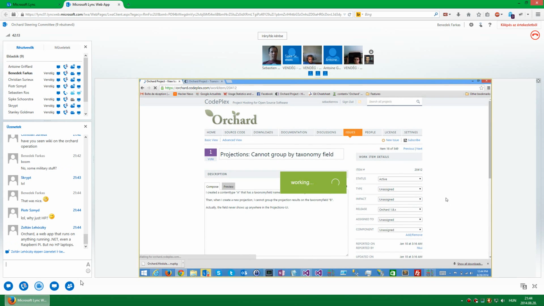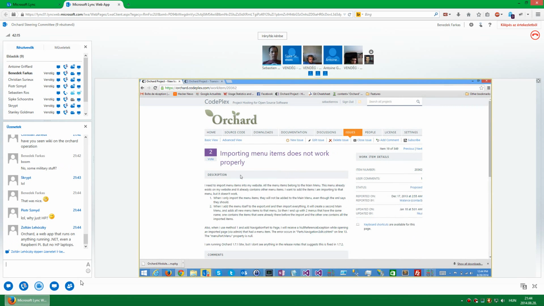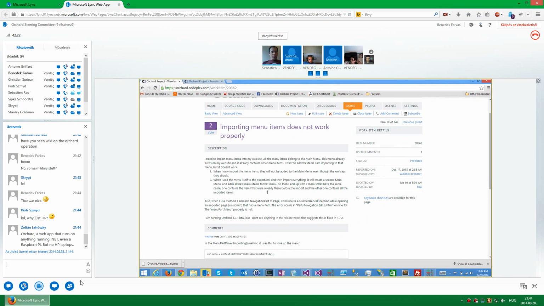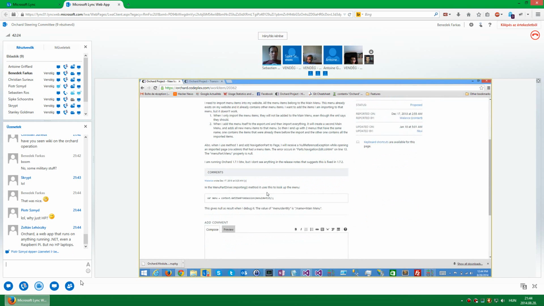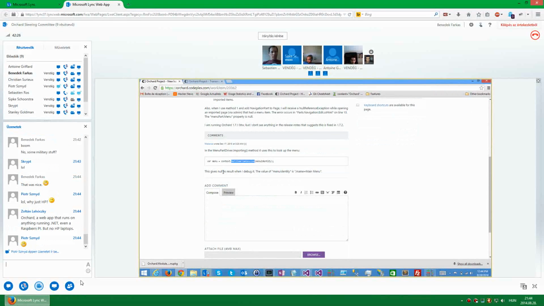Work with any field. Importing menu items does not work properly. This must have been fixed. But open it.